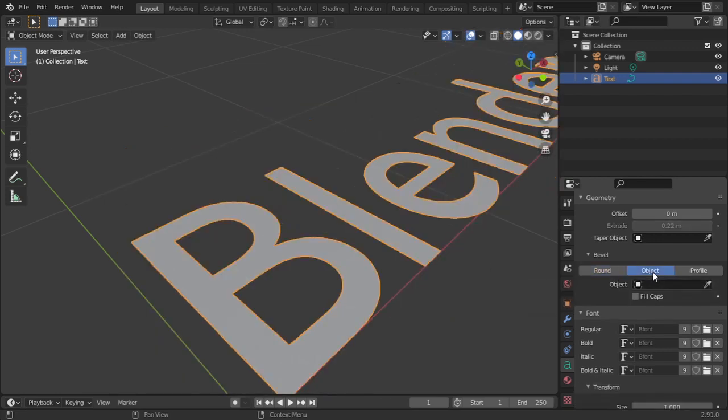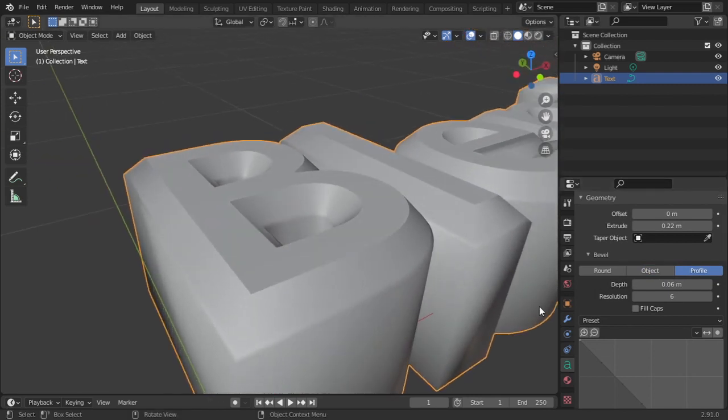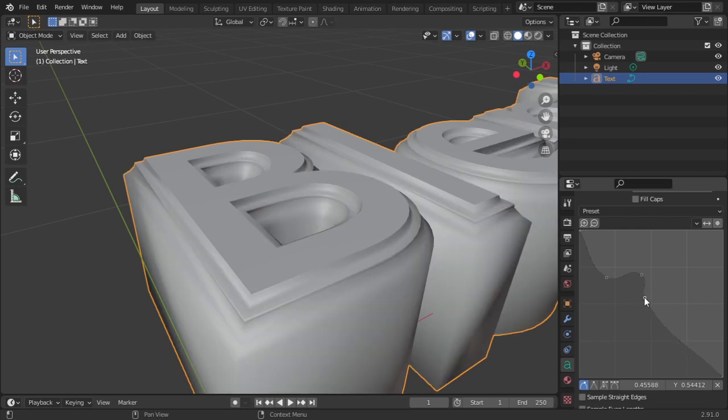You can also apply an object as a bevel. You can also use profile, which is one of the most wonderful things that Blender developers have done for us. What this means is actually you get this gradient, and if you click and drag it, you can define the type of bevel that you want.